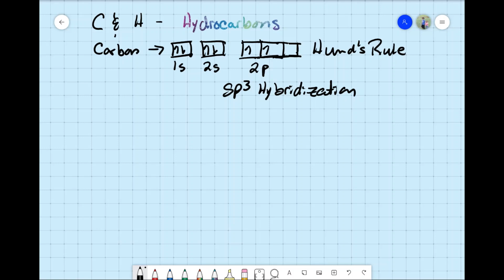Carbon by itself also will exhibit an sp3 hybridized state when it comes in contact with other atoms. This is a single carbon atom. We can take a look at methane,